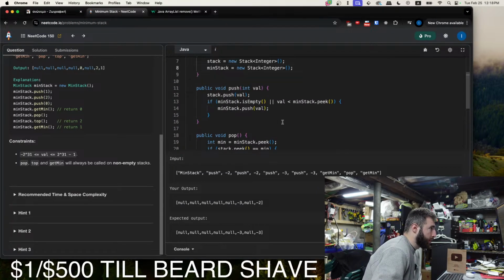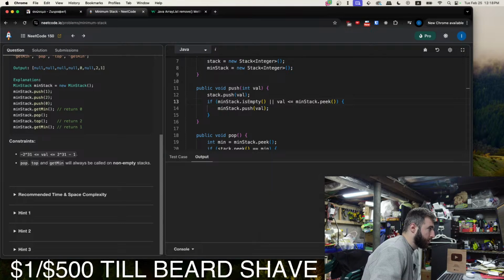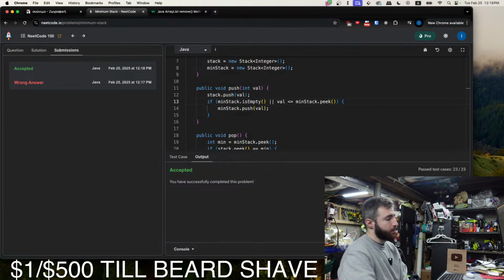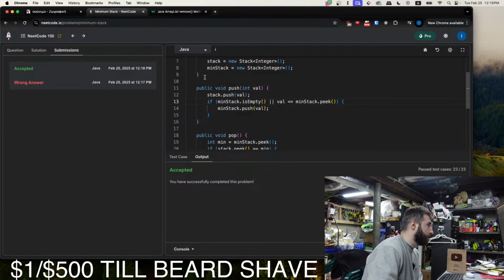This should be less than or equal to minStack.peek, because it's the minimum. It doesn't get added. Nice. Java solution has been accomplished.